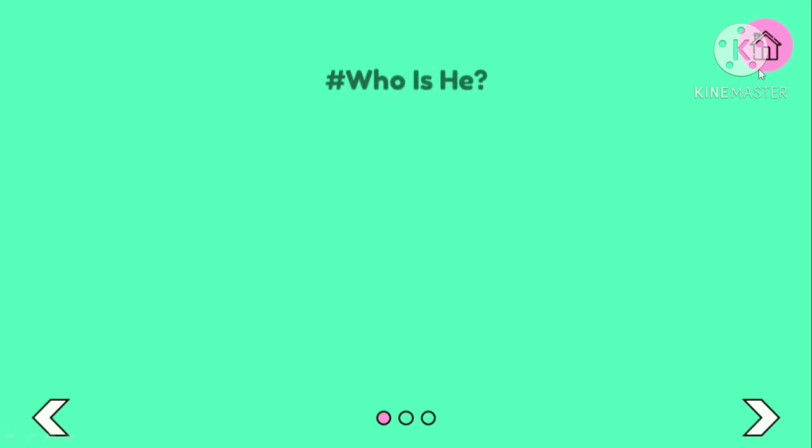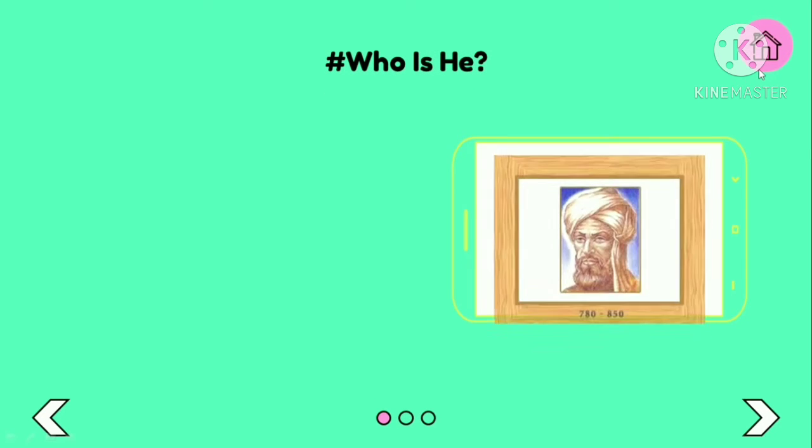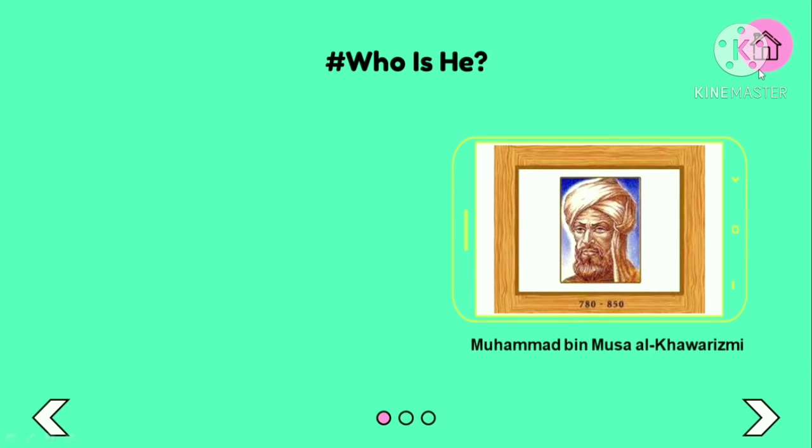Do you know, guys? This picture is Muhammad bin Musa al-Khwarizmi. Al-Khwarizmi was an expert in mathematics, astronomy, astrology, and geography. He comes from Persia. He was born around 780 AD in Khwarizm, now Khiva, Uzbekistan, and died around 850 AD